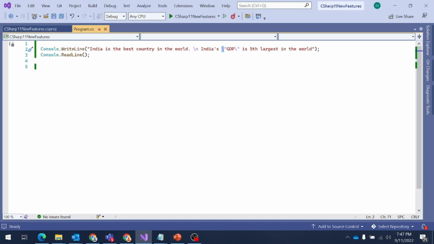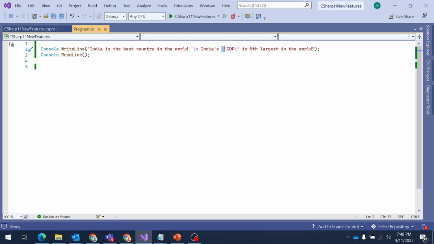Then if you want a next line, you will have to use this \n, right? This makes the string a bit ugly because you have these special characters in your string,